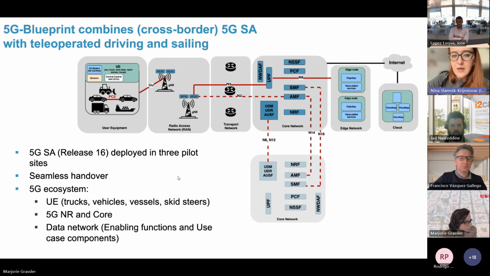Port of Vlissingen. In this very diverse ecosystem based on 5G standalone, we have different user equipment depending on the use case. We worked with cars, trucks, reach stackers, and also barges to really have a broad scope of different optimizations in transport and logistics chain. Then, of course, 5G Release 16, new radio and core infrastructure, and concerning data network, we also, in 5G Blueprint,